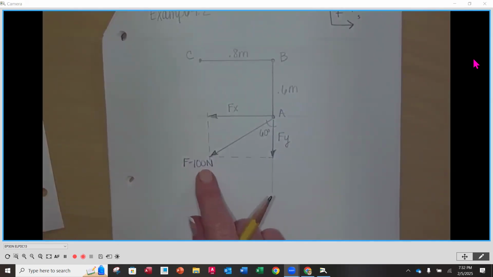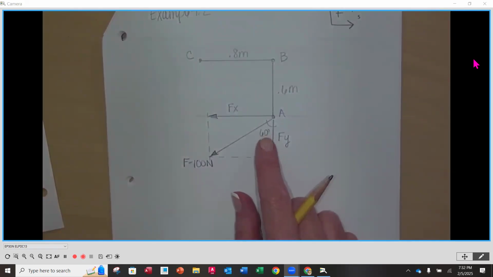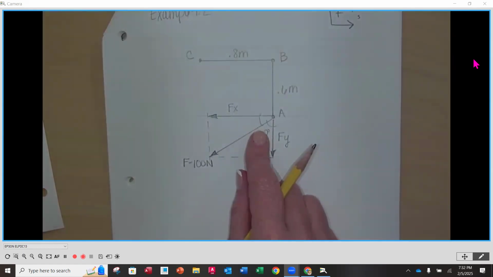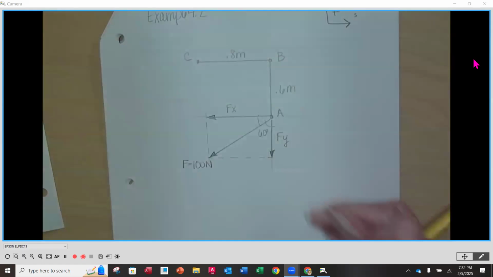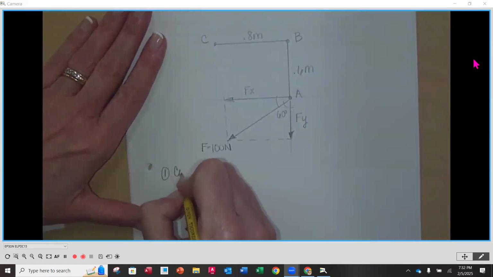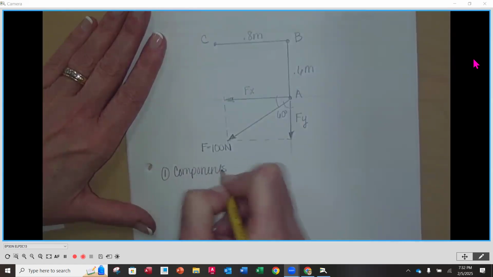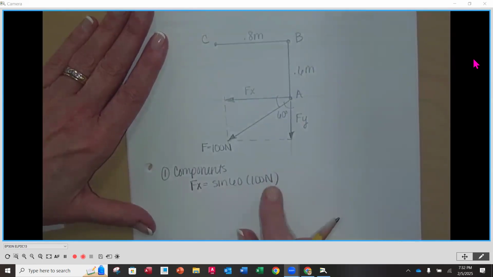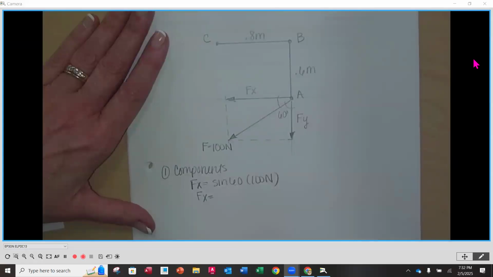We're given the hypotenuse of 100 newtons. We know that this angle is 60. Be careful. This is not the standard placement if you want to do cosines with the X's and sines with the Y's. If you want to do that, you need to use 30. If you use the 60, the sine is going to be with the X and the cosine is going to be with the Y. So I'll let you decide how you want to do that. So our first step here is going to be components. So my Fx is going to be equal to sine of 60 times 100 newtons. Make sure you put your units in here. Fx is equal to